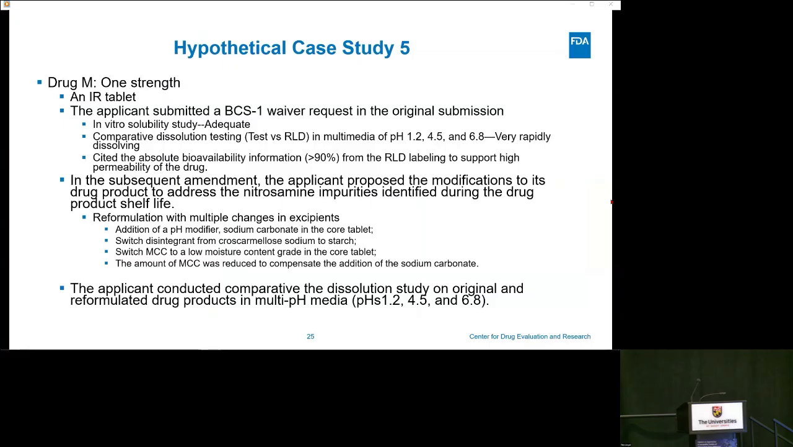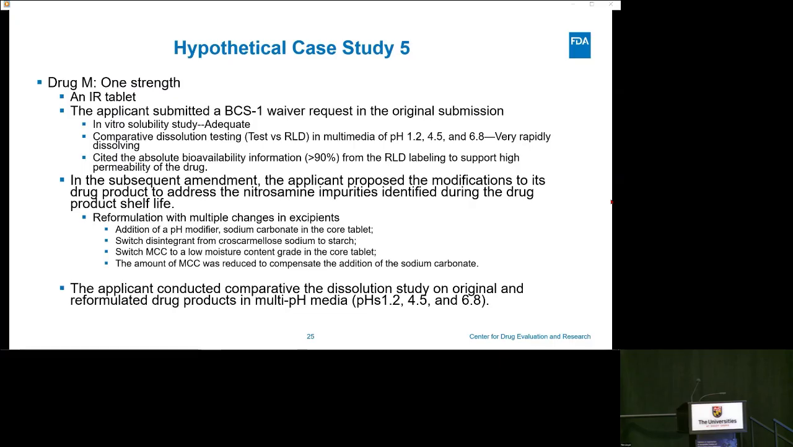In case 5, the applicant submitted a BCS1 waiver request for drug M. The submitted data to support BCS1 classification were deemed adequate. However, nitrosamine impurities were identified during shelf life. In response, the applicant proposed a reformulation, which included adding a pH modifier sodium carbonate in the core tablet, switching